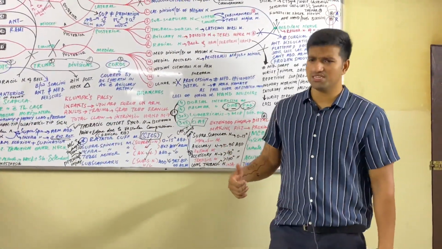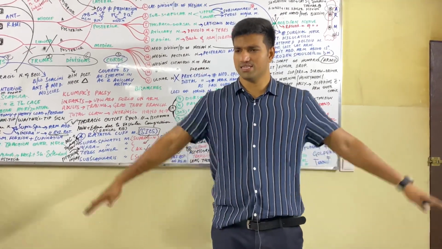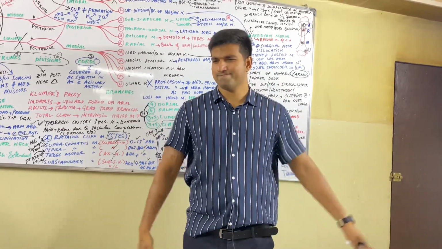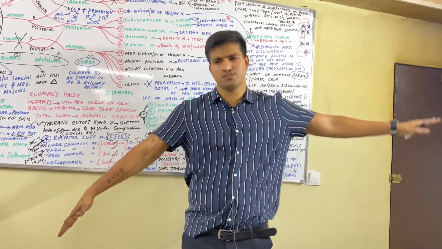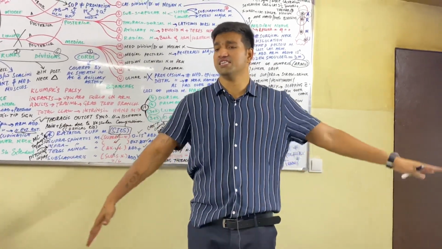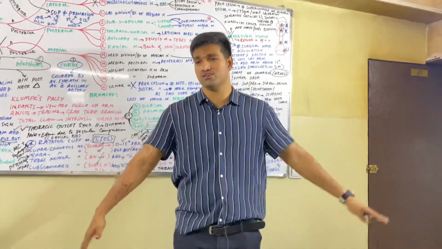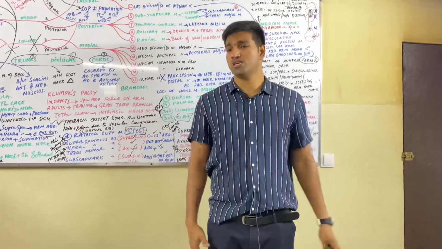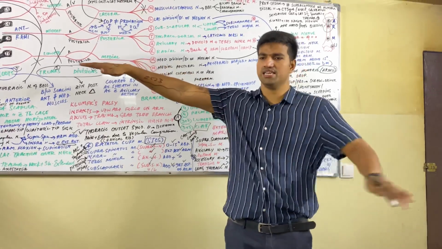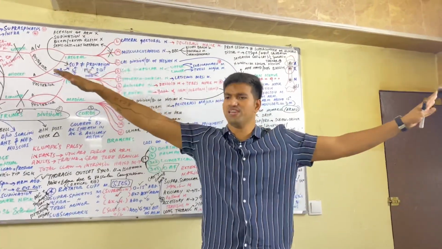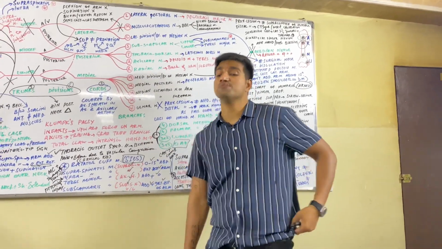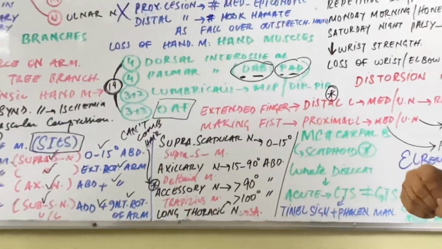And if there is damage to the axillary nerve, and you tell the patient to do like this, or open his arm like this, or simply abduct the arm, he will do like this. So it means his left arm is working perfectly fine, but on the right arm abduction is only 0 to 15 degrees. It means the supraspinatus muscle is working well and the suprascapular nerve is intact, so there may be damage to the axillary nerve. Then if you give support to the patient up to 90 degrees, he can do like this, and may go above 90 degrees but cannot work below 15 degrees. It means the axillary nerve or deltoid muscle is damaged. Then we have the accessory nerve.